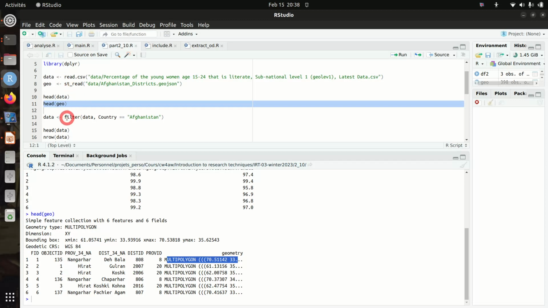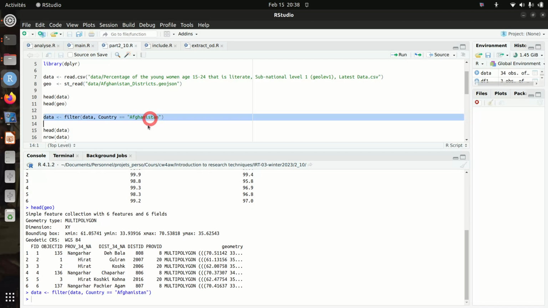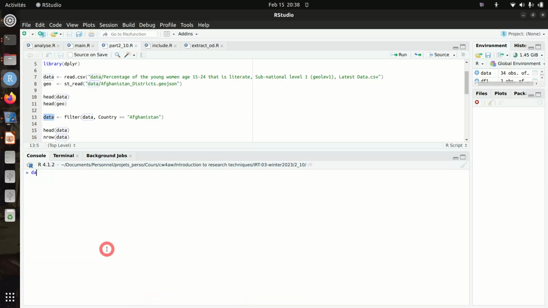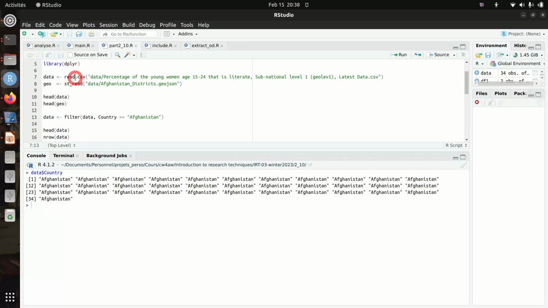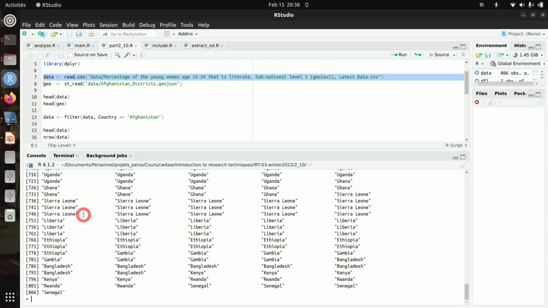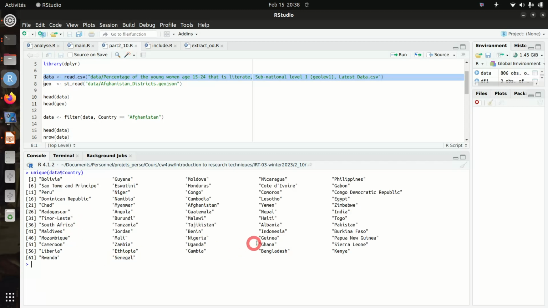We have seen that there is a lot of information, like Bolivia. We don't necessarily need all of that, so we are going to filter that. If you don't understand this, I refer you to the video about how to filter the data. So here you can see that we have a column called country. So what we can do is, okay, data, country, then we have a lot of them. Oh, let's read again so that you can see what did happen. There is a lot of them. If we do unique, then we have the list of all the countries